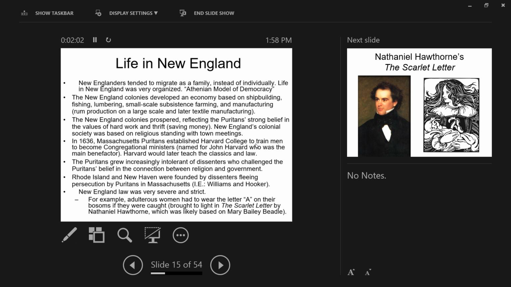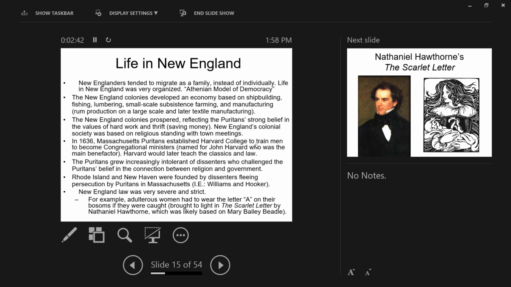In 1636, as we've discussed before, the Massachusetts Puritans are going to establish Harvard College. Harvard was established to educate Puritan Congregationalist ministers. Its main benefactor was John Harvard. If you ever go to visit Harvard, has anybody visited Harvard before? There's a statue of John Harvard, and they shine his shoe up, and it's like this weird tradition. They don't even really know what he looks like, by the way. It's kind of strange. They'll go on to later teach the classics and law,